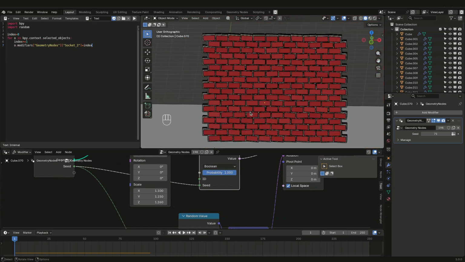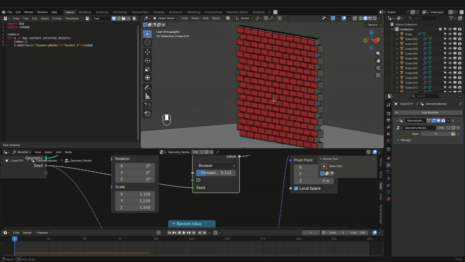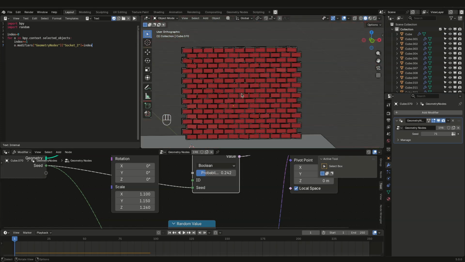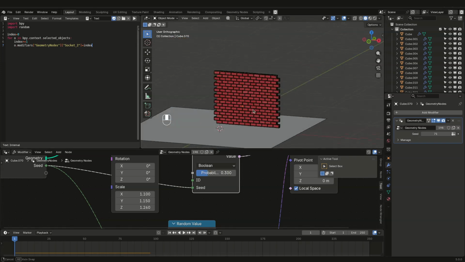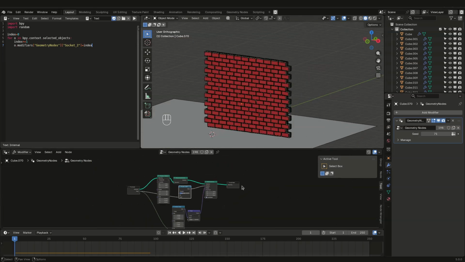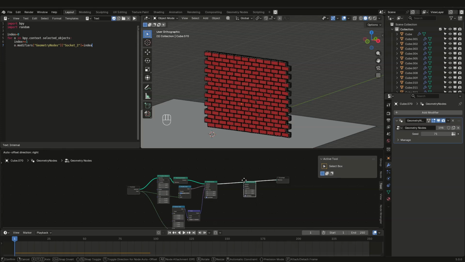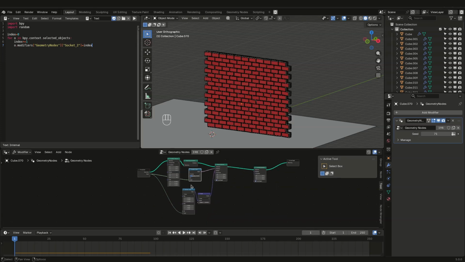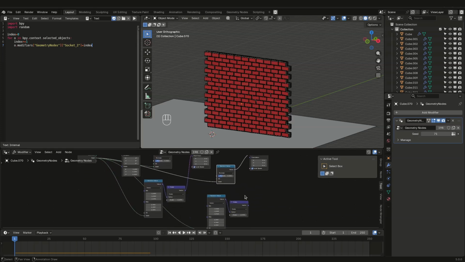If you are on 1, every brick is moved. If you are on 0.2, for example, you can adjust some bricks, and this is much more realistic. Okay, let's use the same base. You can use a translate instances, and you can just duplicate these nodes like so, and move it,